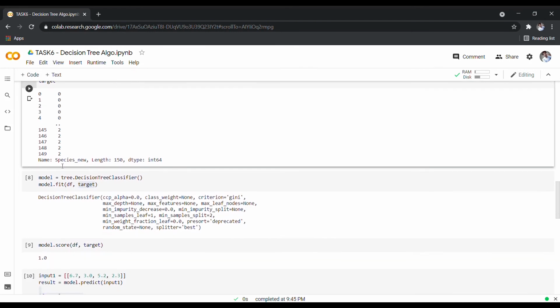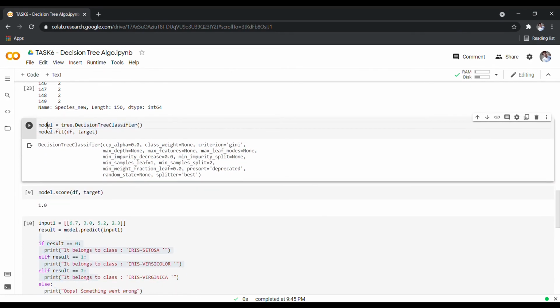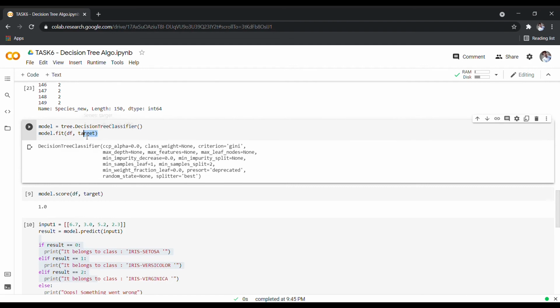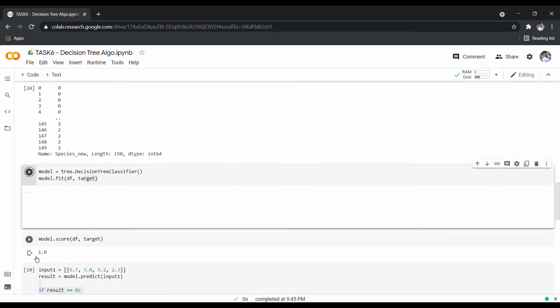After this, model is equal to tree.DecisionTreeClassifier. We'll use a decision tree classifier and save it into the variable called model, and we'll do model.fit. In this, the input data set is df, and the final outcome is the target. After executing this, we get the outcome that the model is successfully built.